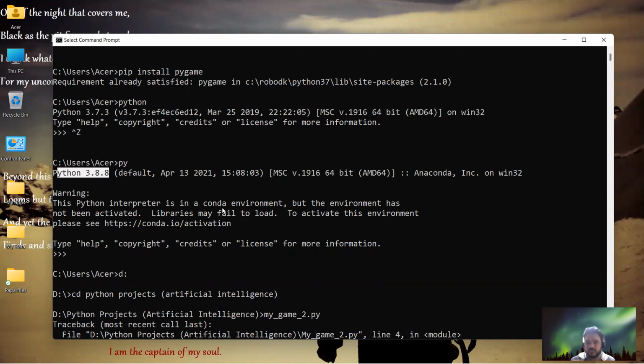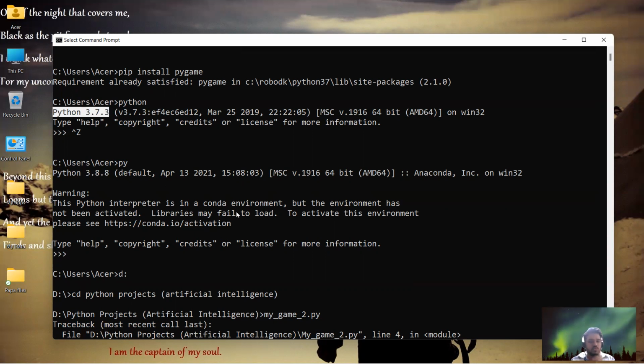So now there are two solutions. Either I run the Anaconda prompt and then type in the same command, pip install Pygame. But I do not wish to do that. I have already installed my library and I have two versions installed in my system, and I want to use Python 3.7 where my Pygame library is already installed. So why go to the Anaconda prompt and install the Pygame library there as well? If I want to use Python 3.7 to run my program, what should I do?